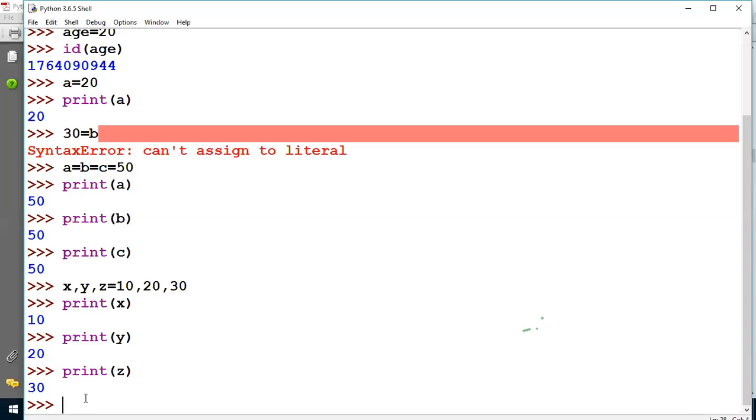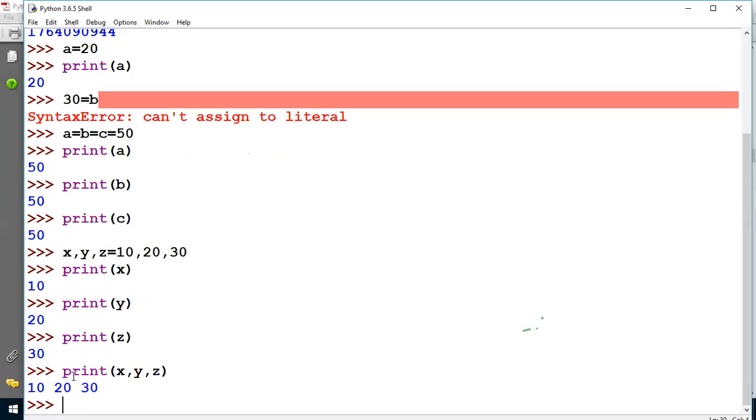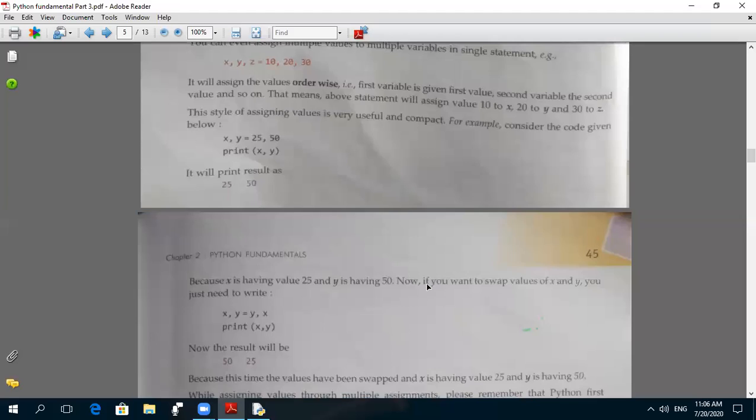Here, we can print the values of x comma y comma z in the same line like this. The value of x is 10, value of y is 20 and value of z is 30, means all three values we can print in a single line also. Clear?